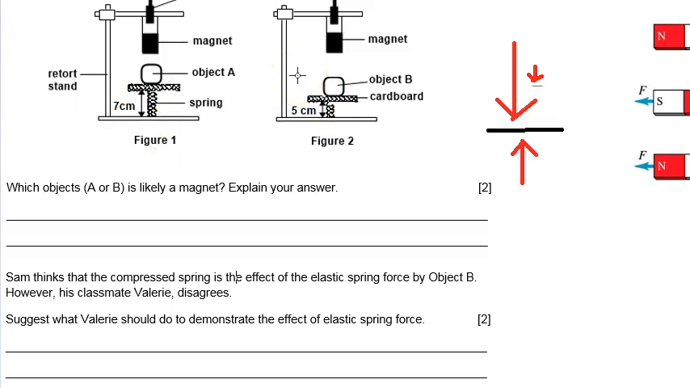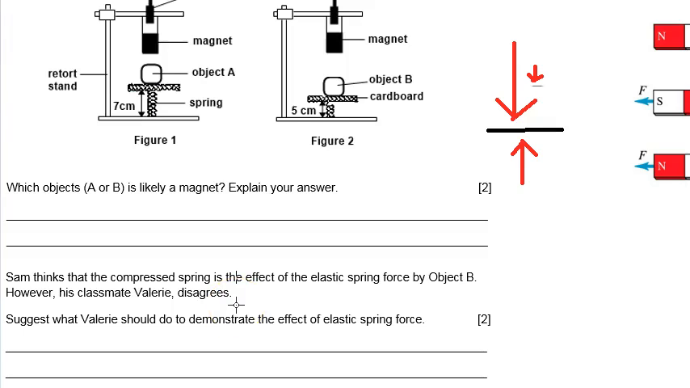Now, so if we now know that the elastic spring force is the force that's pushing it upwards, so if you want to show the effect of the elastic spring force, basically you just have to remove object B, alright, and both the forces that are pushing downwards will be gone, and the cardboard will be moving up because there's only one force going upwards. So if Valerie